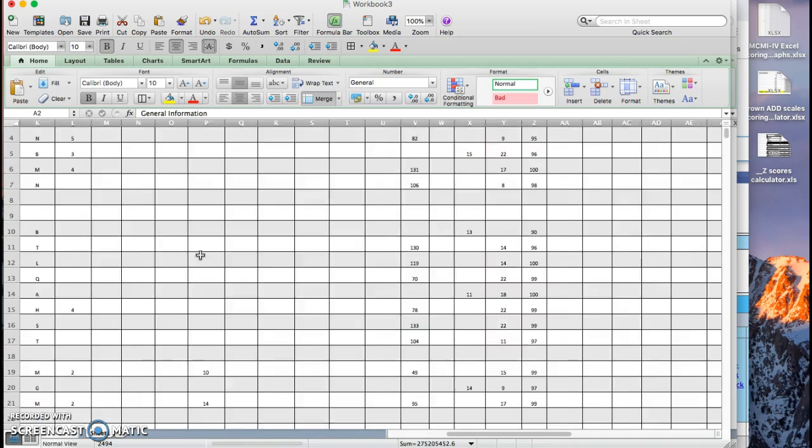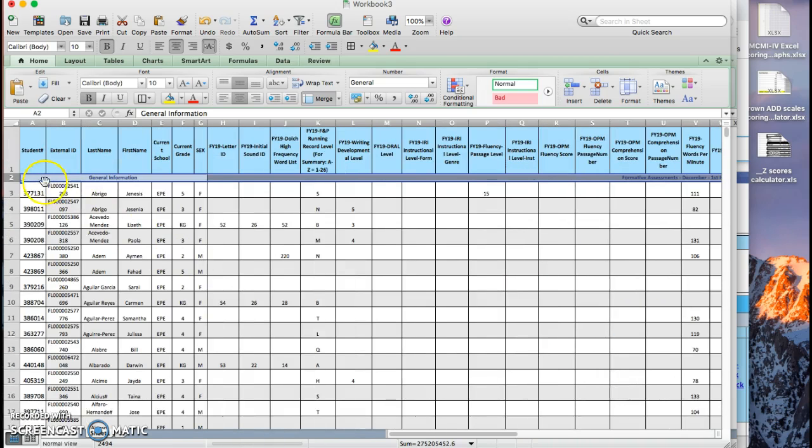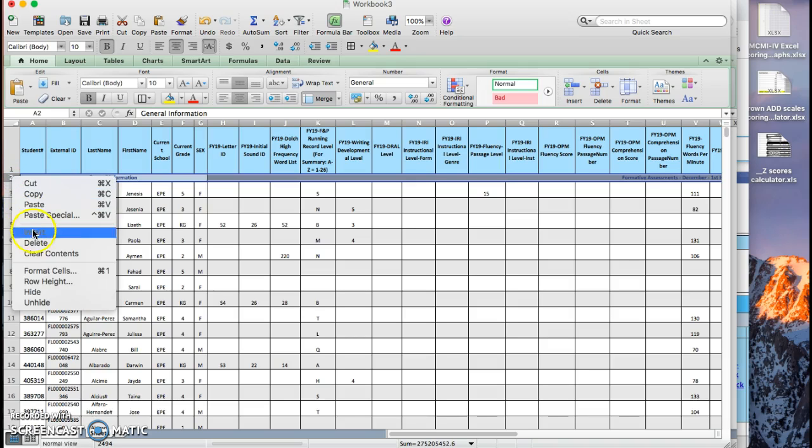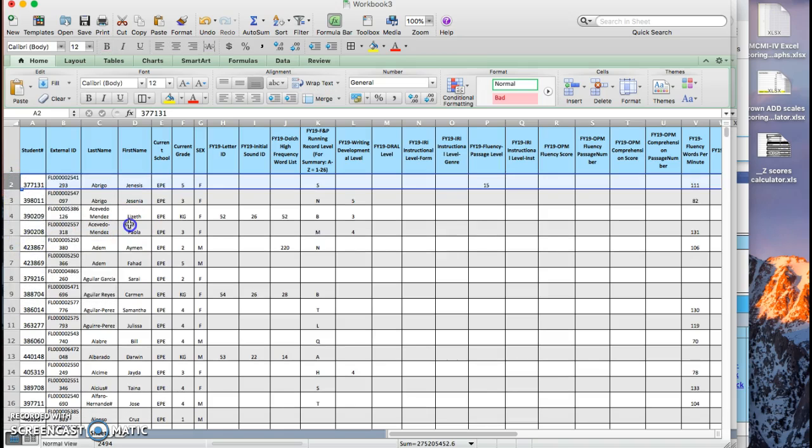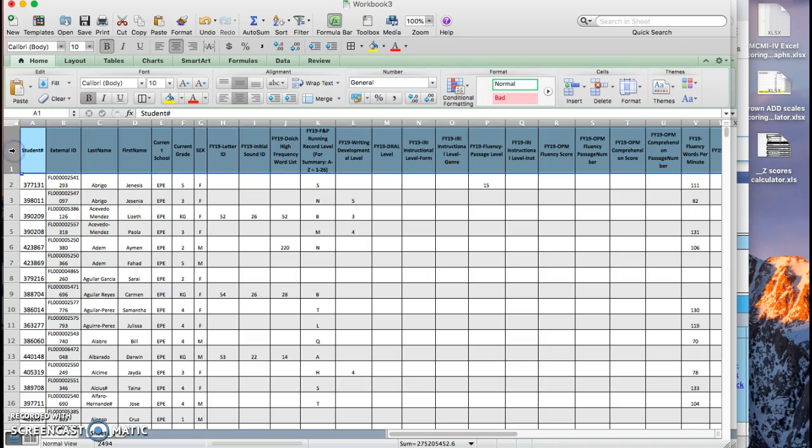because this is going to cause us to have some problems later on down the road. So we need to get rid of that. So you just left click on that, and then right click, and then select Delete, and then it's gone. All right, so the next thing you need to do is select the 1 right there